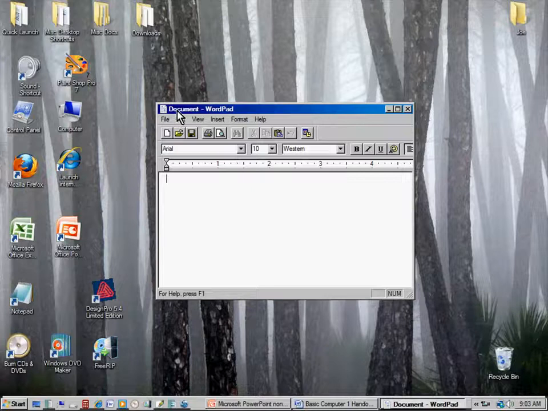First, on the left side, it is the name of the file I'm working on. It's just called Document because I haven't named it. That's all it is. The program is WordPad. Coming across here to the right side, you'll see these 3 icons, which appear in almost every program that you'll